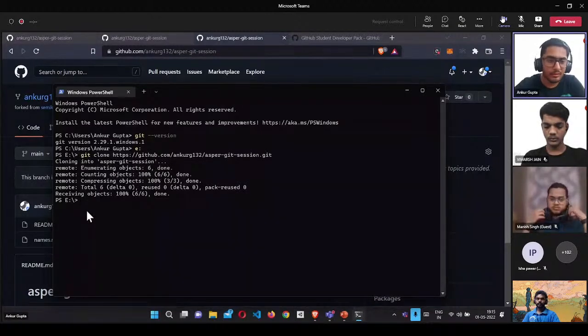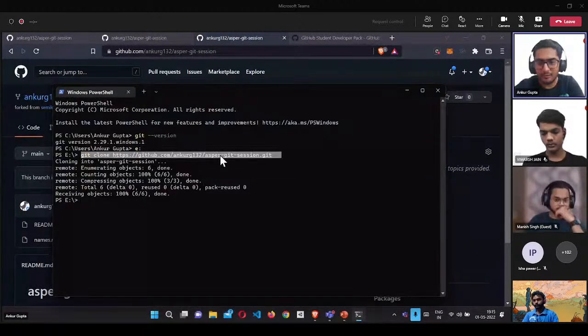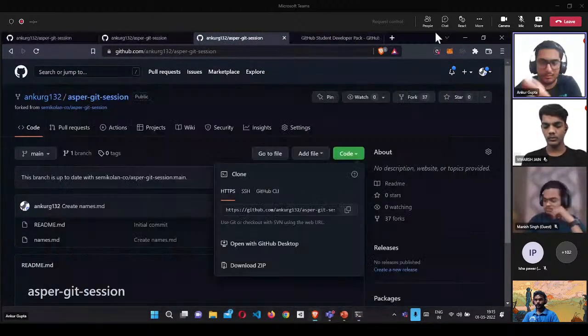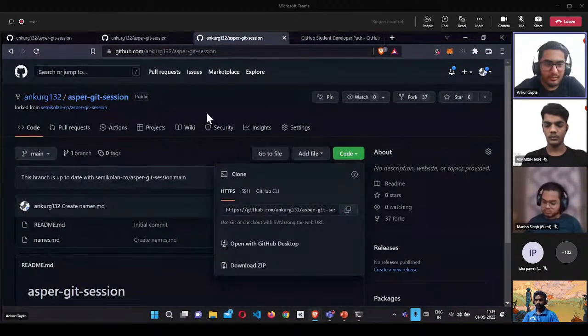So right now, what we have done is we have cloned the repository. What I want you all to do is to clone the repository. You all should go for it. Just write git clone and the repository that you have copied from here. In my case it is github.com/ankur132. In your case, it will be your username. Don't copy paste mine or else this will lead to an error. So just write git clone and your repository here. I hope you are following along.